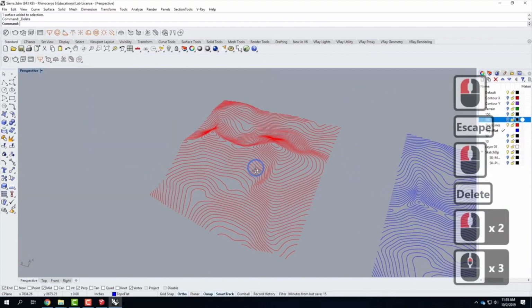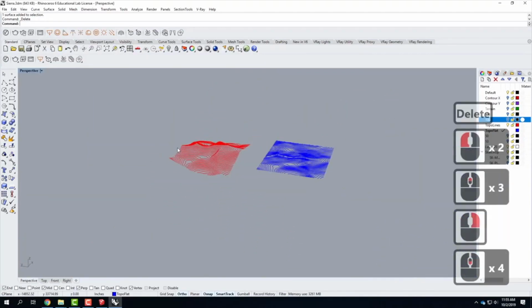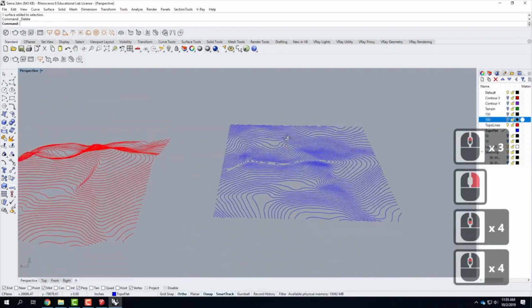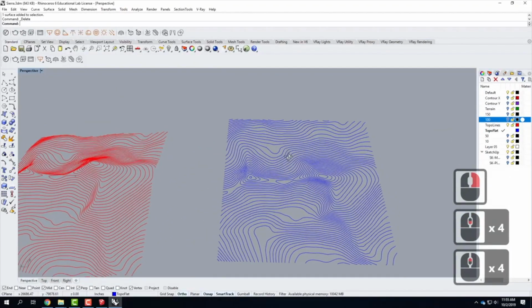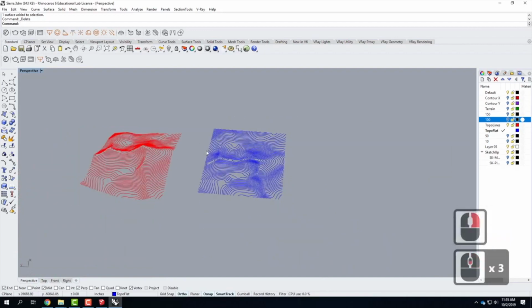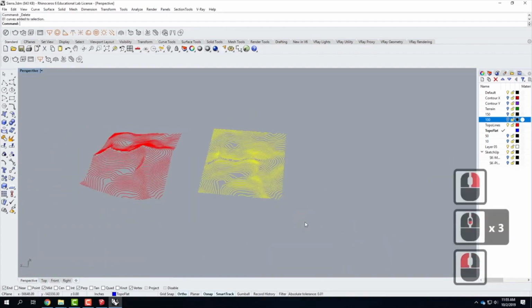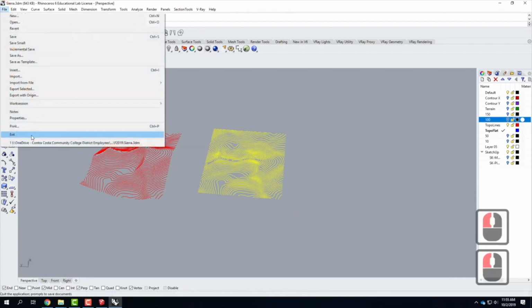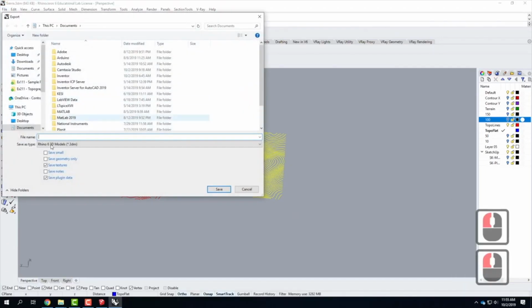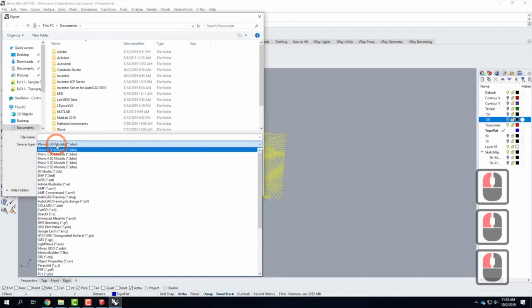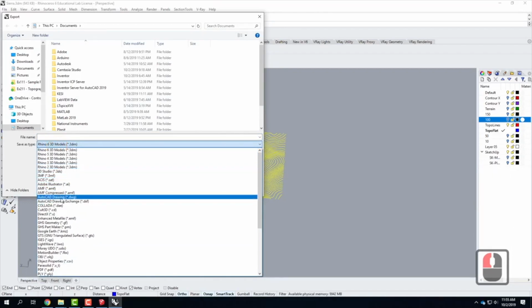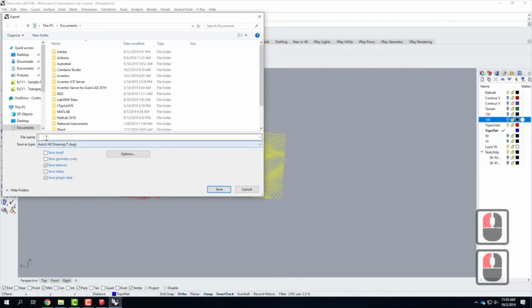So what I have here is I have the 3-dimensional curves, and then I have these as if they were flat and projected down onto a map, much like a map would look. These flat curves I can then export into, say, AutoCAD for laser cutting. So I'd go to File, and then Export Selected, and I'd change my Save As type down here to be an AutoCAD drawing, and then I could give it a name,